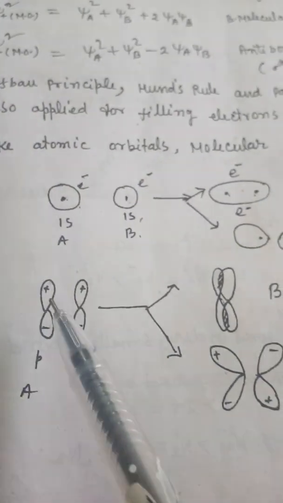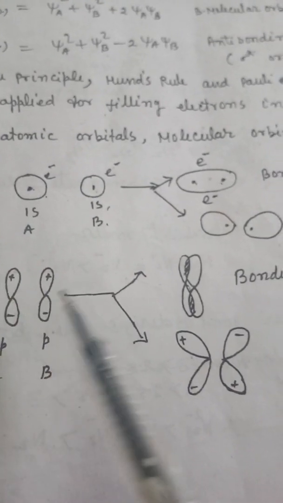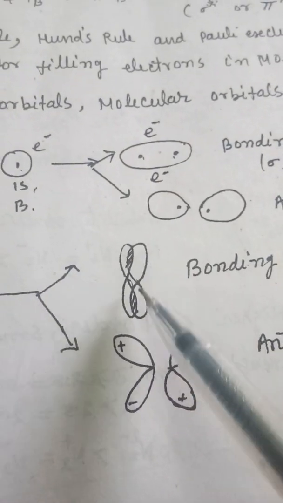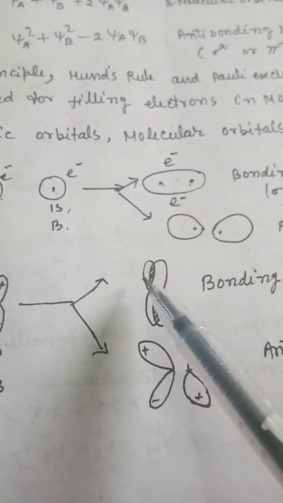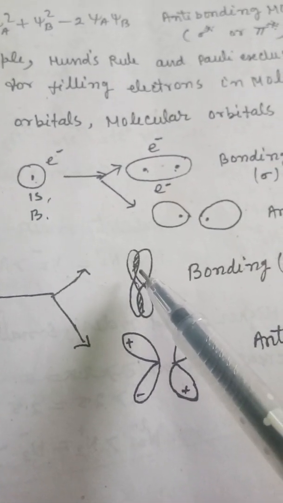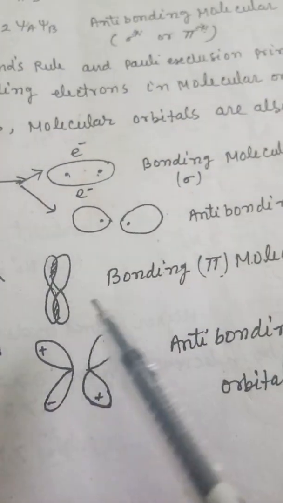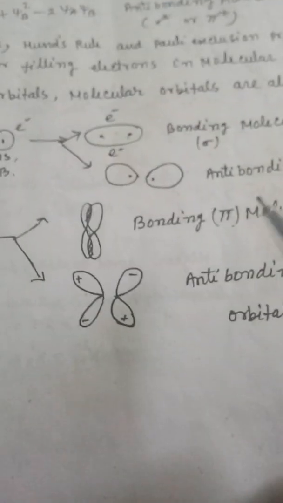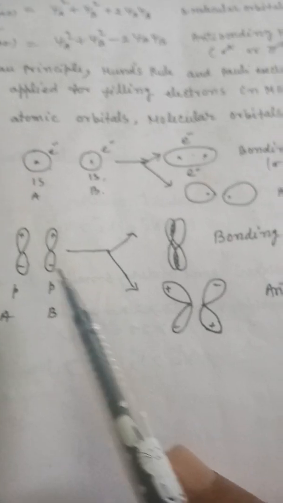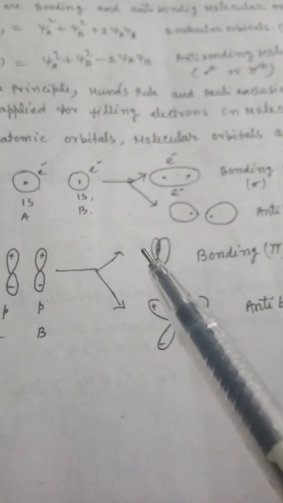So if these atomic orbitals overlap upon each other, this type of the bonding takes place. So this is the molecular orbital form, and this type of the overlapping is lateral overlapping or sidewise overlapping, and therefore pi bonding takes place. Means the molecular orbital is called as pi molecular orbital. So pi molecular orbital is formed only by the combination of the p orbital,